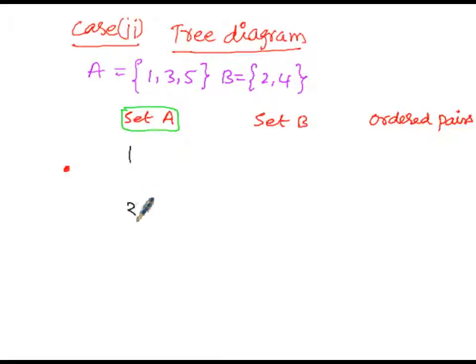1, 3 and 5, and set B elements are 2, 4. So here for 1, we can write it as 2, 4, and for the second element we can write 2, 4, and for the third element we can again write the elements as 2, 4. Then now the tree diagram will be of